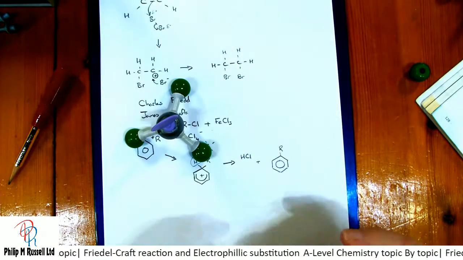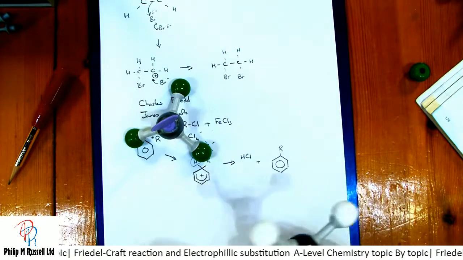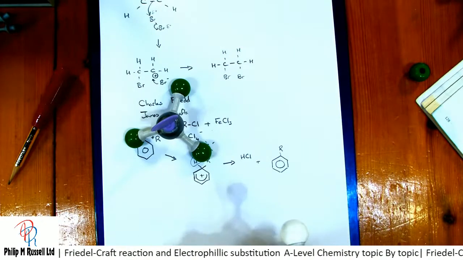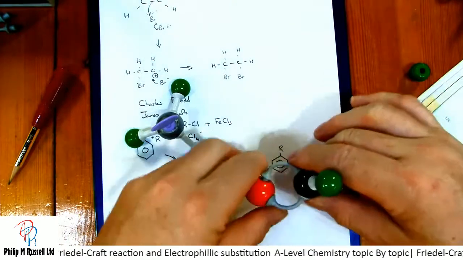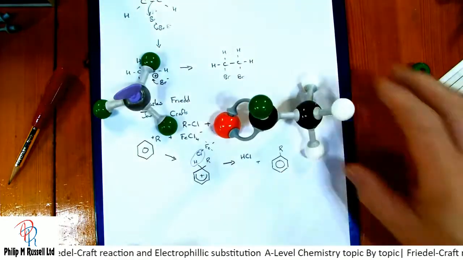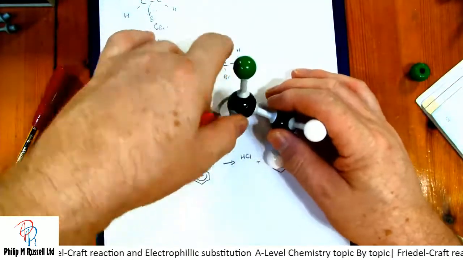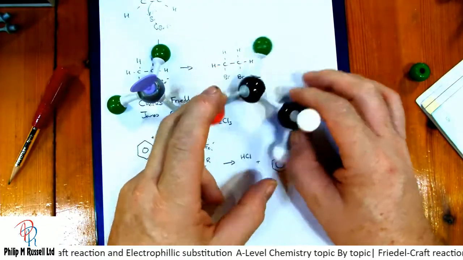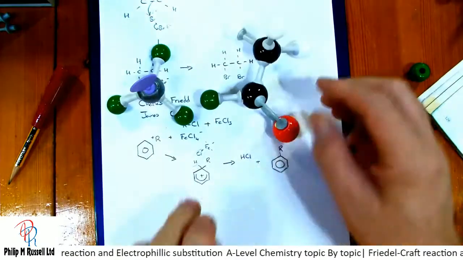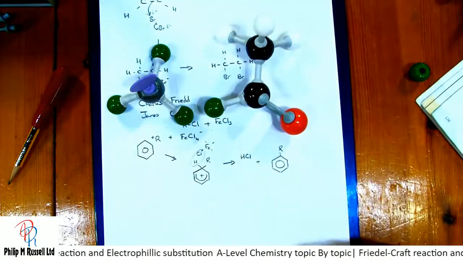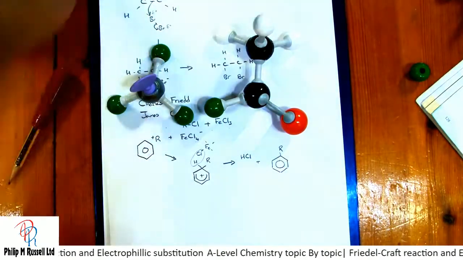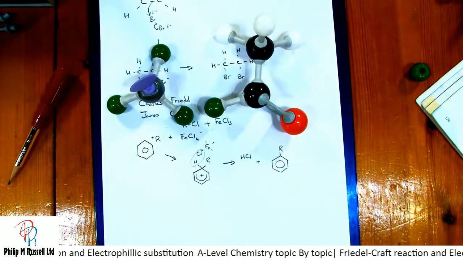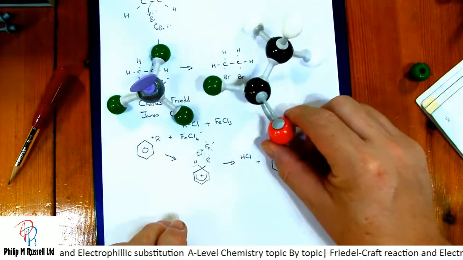So here we've got an acyl chloride. It's got a double bond O and a Cl, and this can be anything we want. So this is now really quite powerful,